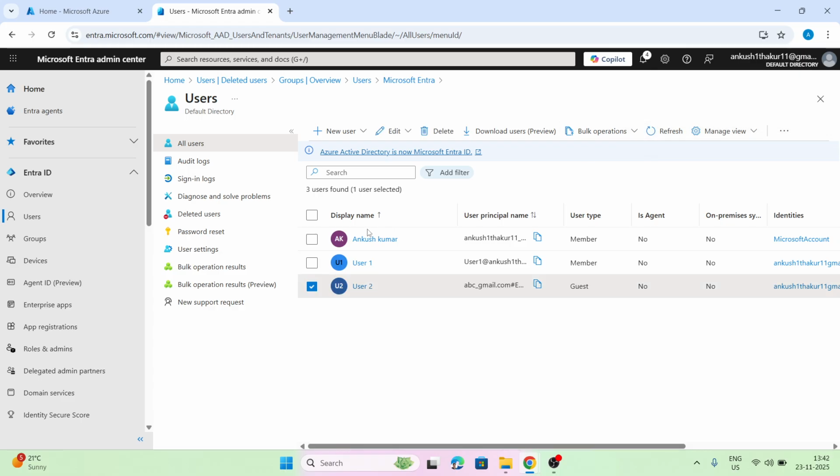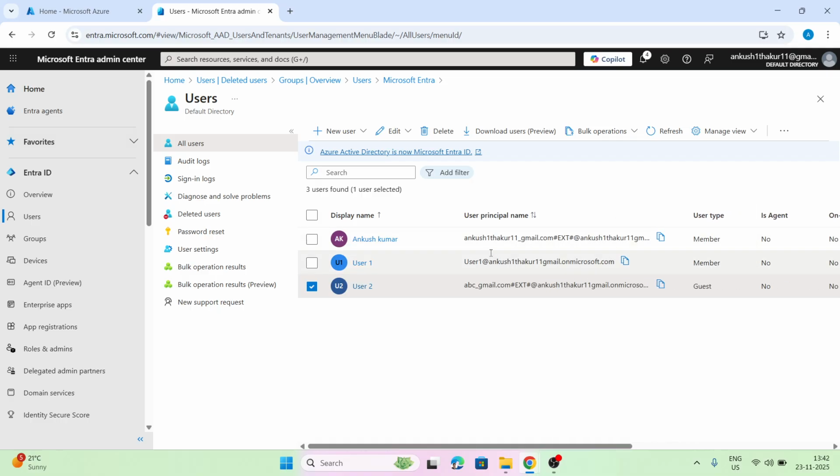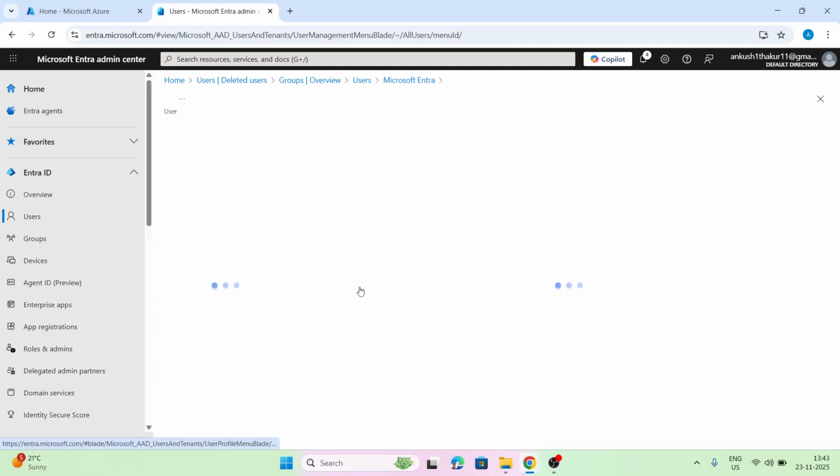So now I have just refreshed the user list. Here I can see for user1, it is an internal user. So it will appear like this. For user2, I have sent the invitation, so it appears as external here. And if I click on it,